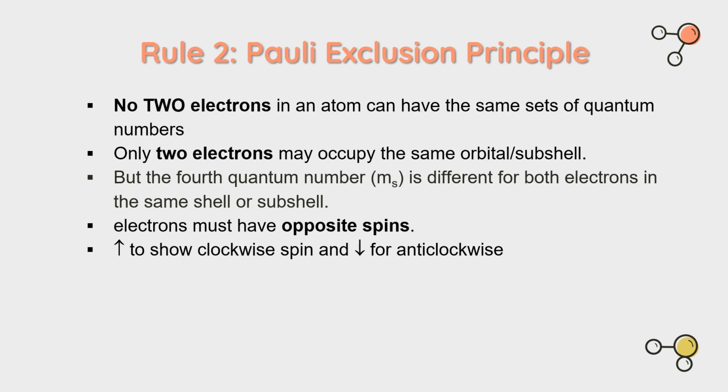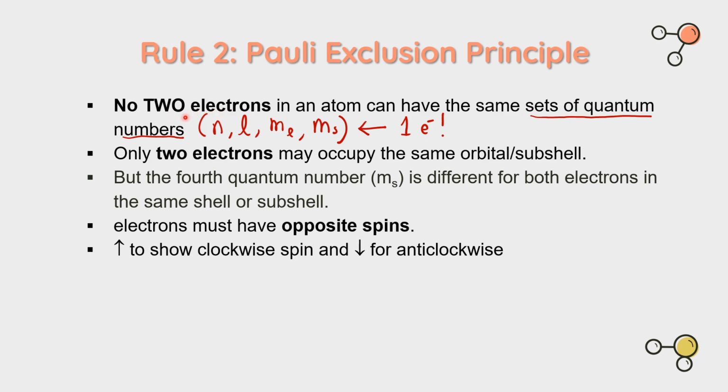So what is a set of quantum numbers? A set of quantum numbers has all these values: n, l, ml, and ms. One electron has one set of quantum numbers, and different electrons will have different sets of quantum numbers. So this set of quantum numbers is used to characterize that single electron. So in this case, there will be no two electrons